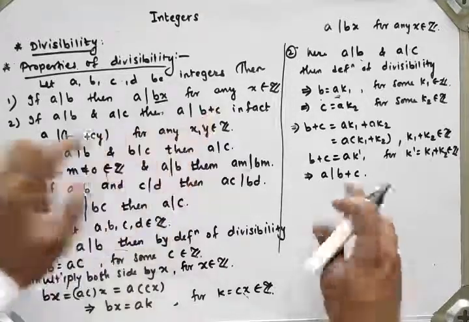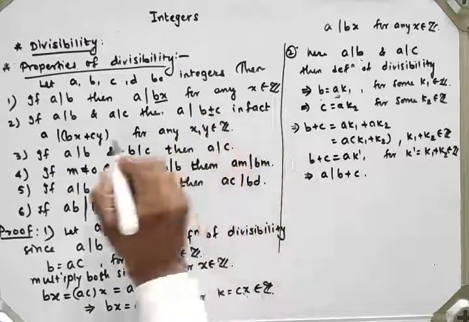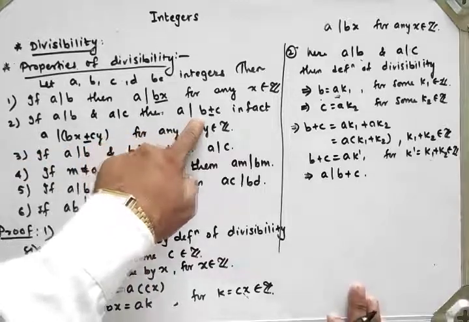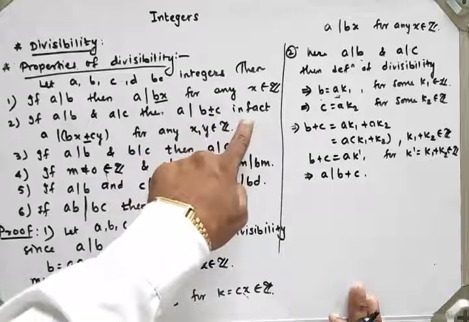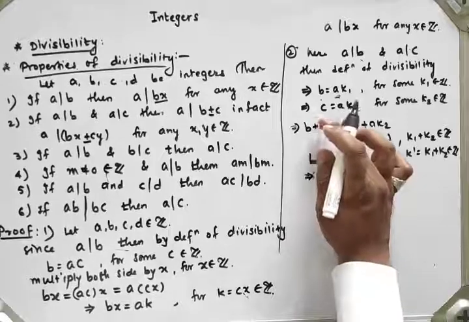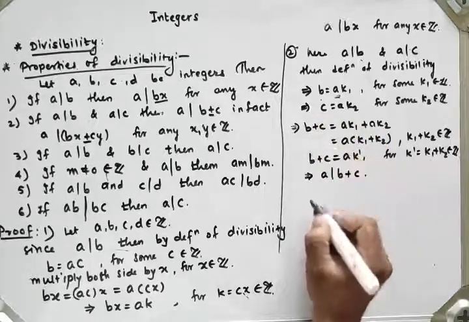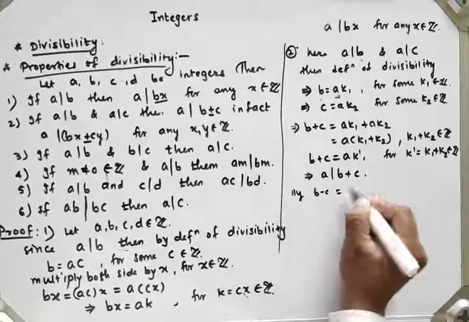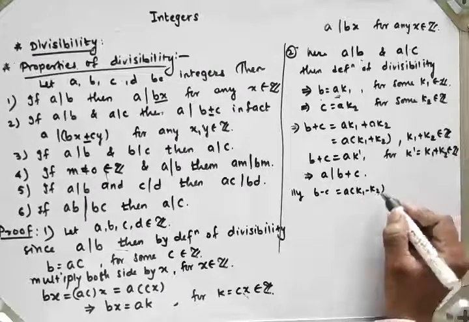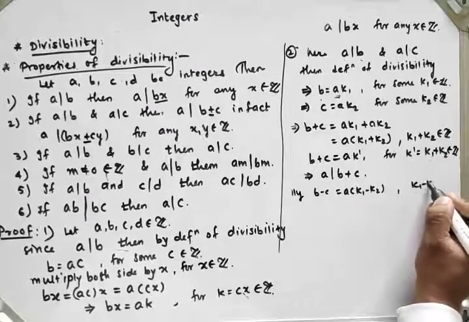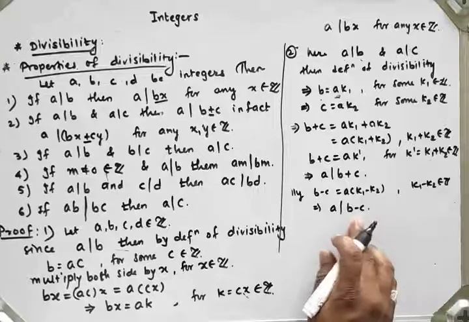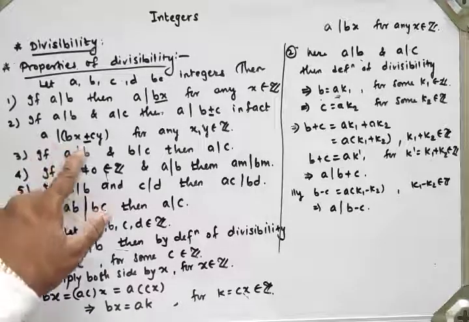Similarly, we can show that a divides b minus c, and also a divides bx plus minus cy. So this is the statement. You can change here a divides b plus minus c. In fact, a divides bx plus minus cy. Similarly, if here is addition, then I take subtraction, then similarly b minus c is equal to what will I get? Finally a into k1 minus k2, and k1, k2 belongs to set of integers, then their subtraction again belongs to set of integers, right? So what will I get? A divides b minus c. Similarly, we can show a divides bx plus minus cy.